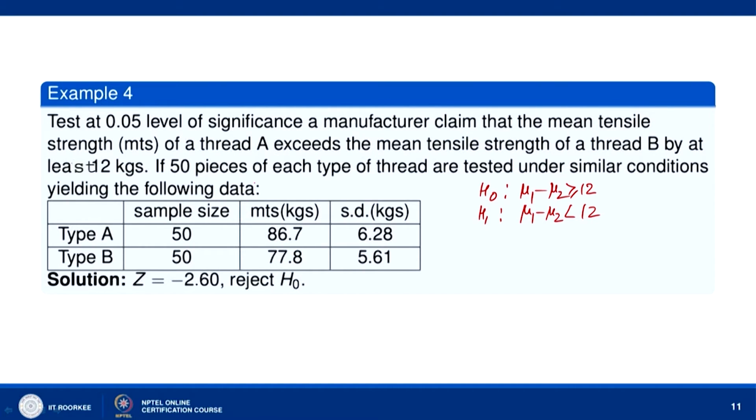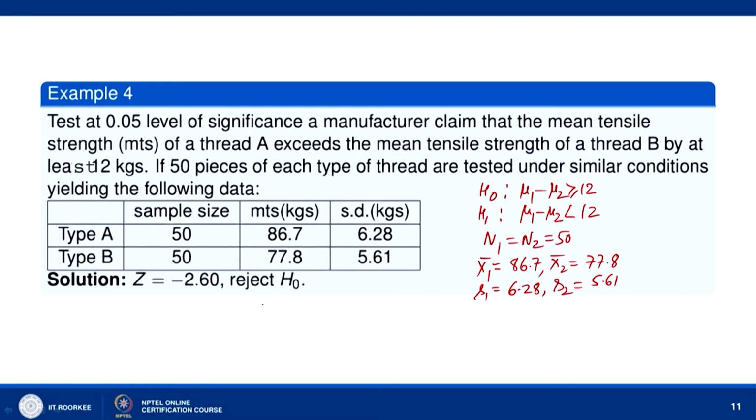Now, 50 pieces of each type of thread are tested under similar conditions, so N 1 equal to N 2 equal to 50, yielding the following data. For type A sample size is 50, for type B also sample size is 50. Mean tensile strength for type A, x 1 bar, is equal to 86.7, and x 2 bar is equal to 77.8, S 1 is equal to 6.28, S 2 equal to